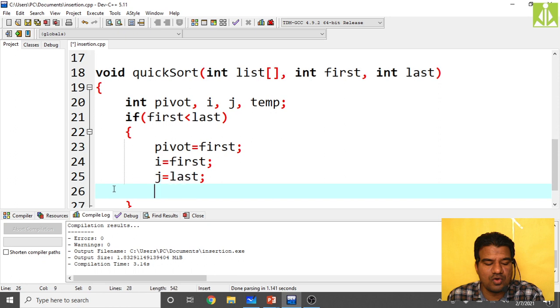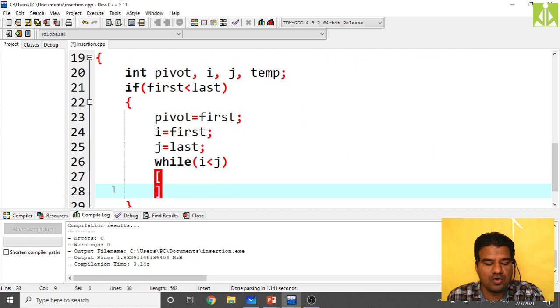Or else you can even work with last and first also, no issues. Then while i should be less than j, we have to do all this. While list of i should be lesser than or equals to list of pivot.